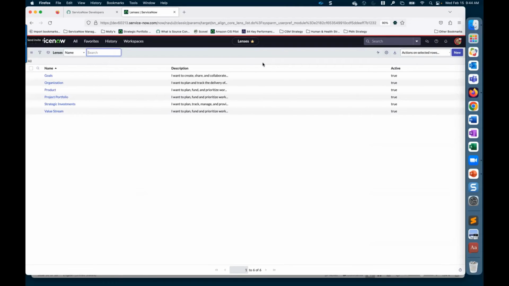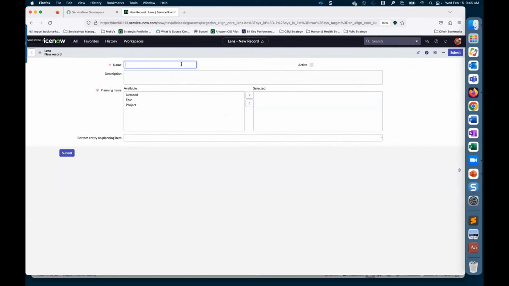And in order to do that, you go into lens, you go into new, and then you give it a name. Our name is going to be strategic plan. Description is going to be align the